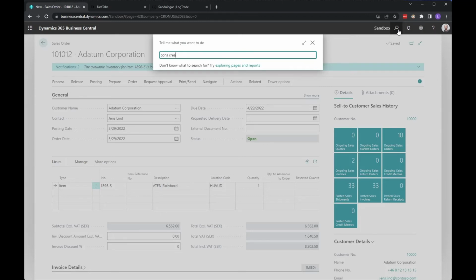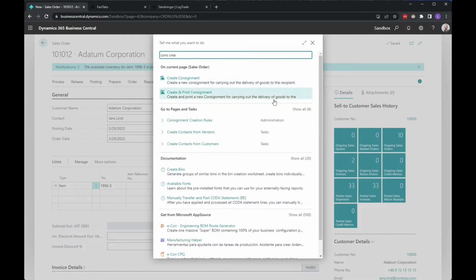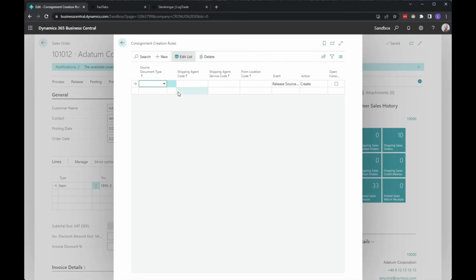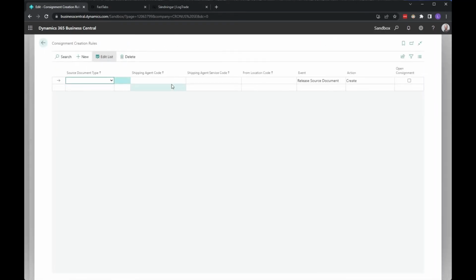We can search for consignment creation rules and specify if these rules should apply, what kind of source document type it applies to. So for all sales orders, regardless of shipping agent service code, shipping agent service, or location, I want to subscribe to the event release source document, and I want to just create it. I want to prepare it,